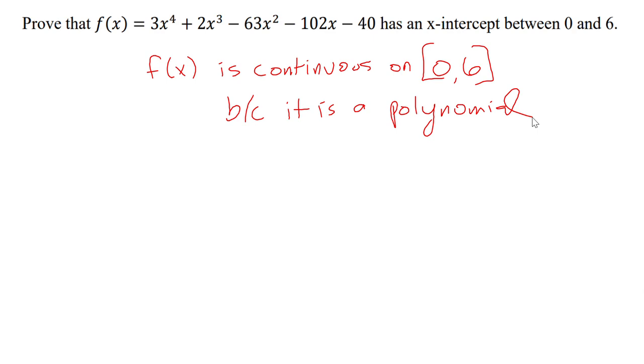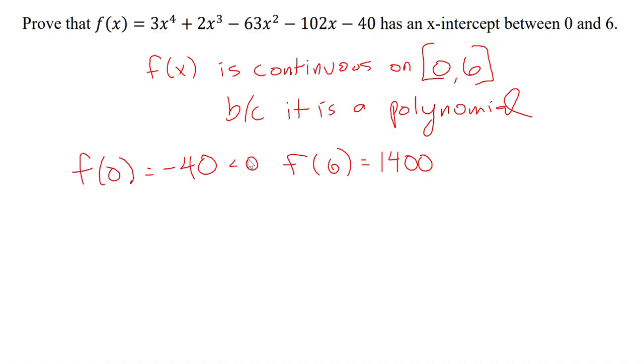And then we want to find f(0), which is pretty easy to find. f(0) is just -40. And then we want to find f(6). Well, f(6) is a little bit more arithmetic. I'm not going to do all the arithmetic on there. But f(6) comes out to be 1,400. And so we'll note that -40 is less than 0, and 1,400 is greater than 0, which tells us, by the intermediate value theorem,